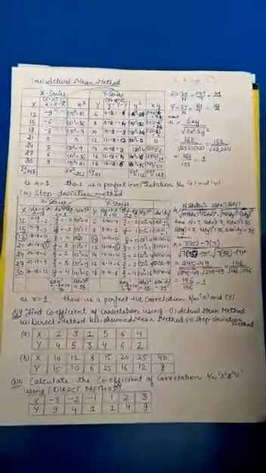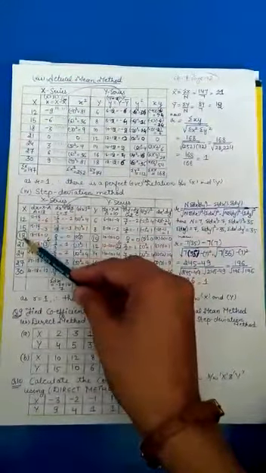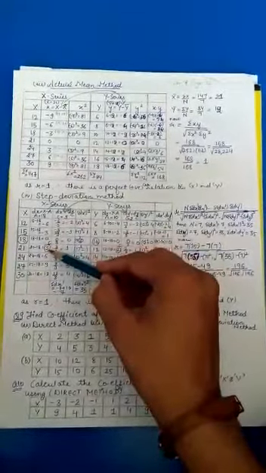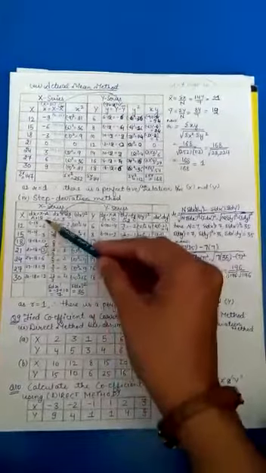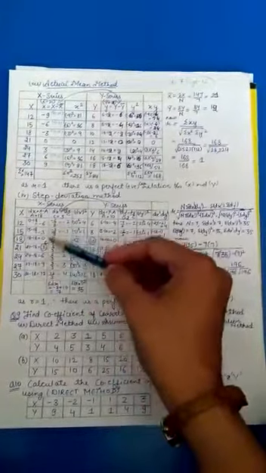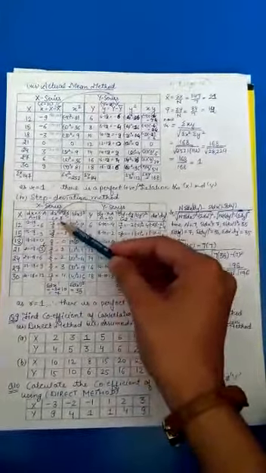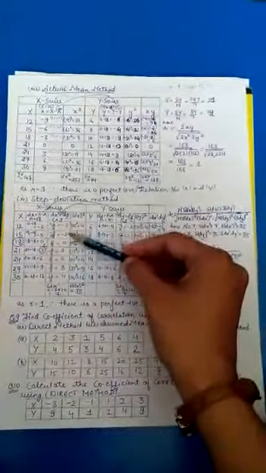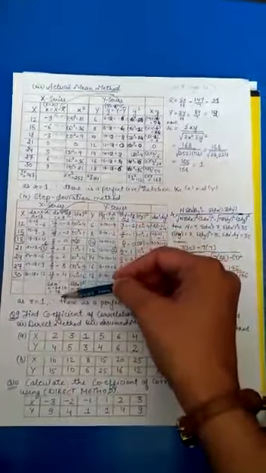So let me tell you fastly how this has come. First of all you have taken a as the assumed value, then you have deviated them all. You all know better how to deviate. Then from here you have to choose the value c, which is dividing all the values. So you have taken here 3. So all the values which you have obtained here, you will divide by 3 and you will get the respective answers, and then you have to do the total, and after total you have got this result. First you add negative values, then the positive values.